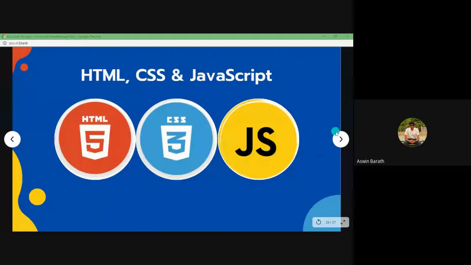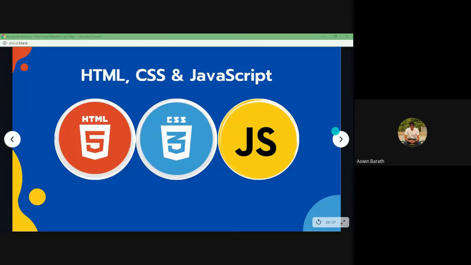Now comes the interesting part, right? HTML, CSS, and JavaScript. So HTML is nothing but a way for us to write text on websites. HTML stands for hypertext markup language. It's not a programming language; it's a markup language. This is a markup language we use to display websites in the form of text and hyperlinks. When I showed you the first website created by Tim Berners-Lee, you saw a couple of texts as well as hyperlinks underlined with blue color, right? Those are known as hyperlinks.